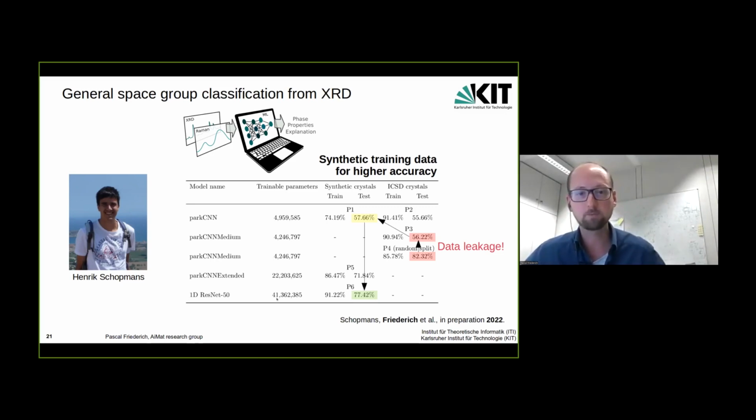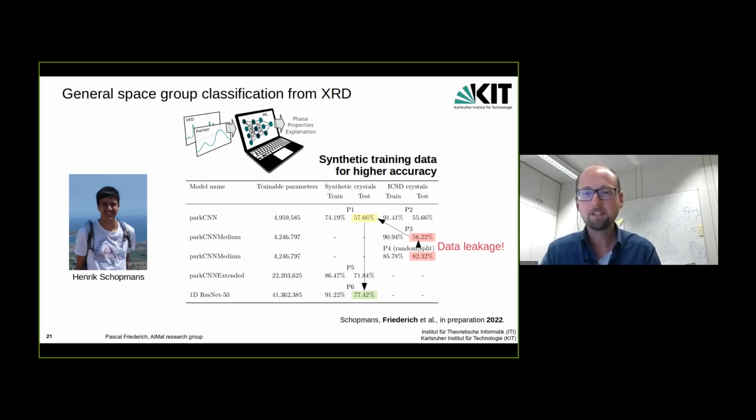For example, this large model here with 41 million parameters, because we have this infinite stream of data that we can just use to train the models. And we see that the bigger we made the models, also existing models, but also this ResNet-inspired architecture, the better we get the accuracy. So we're almost again there at the accuracy that was reported with the not so good split. But now we are consistently using that more demanding split, and we're back up to roughly 77% accuracy in